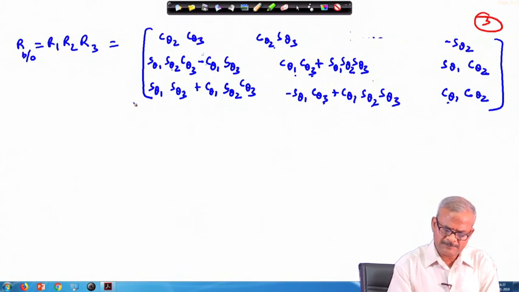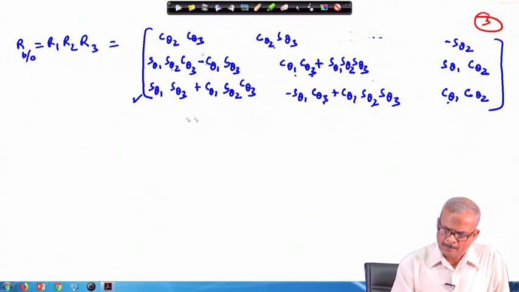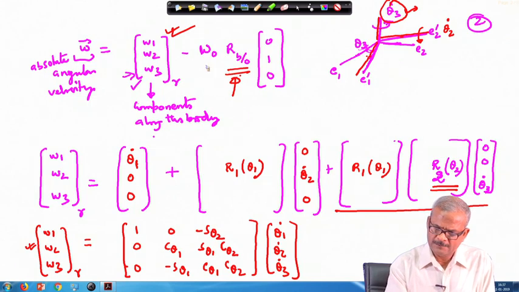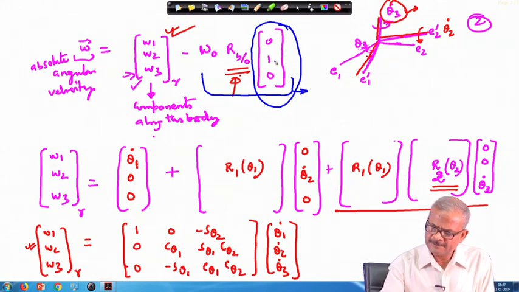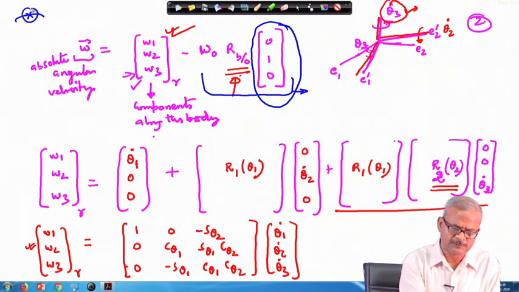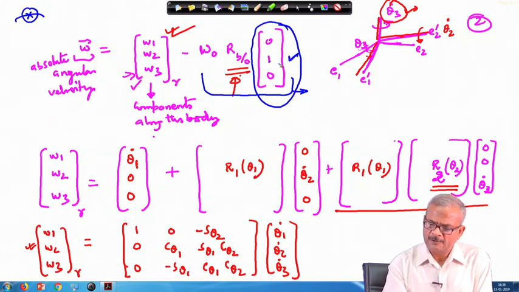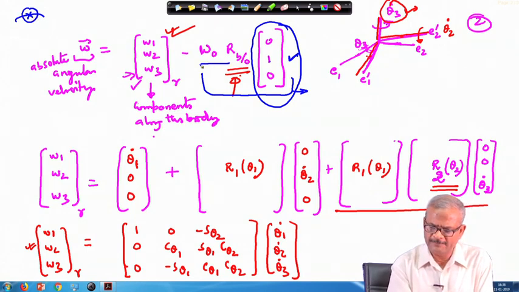Okay. So this matrix will convert, going back to this part. Okay. So this particular vector is along the orbital axis. Which direction? This is the second direction, means it is going into the paper, as in the original picture I have shown, this is going into the paper. Okay. So this will get converted along the body axis. So what will be the component of that vector along the body axis, and then you multiply by this omega 0.